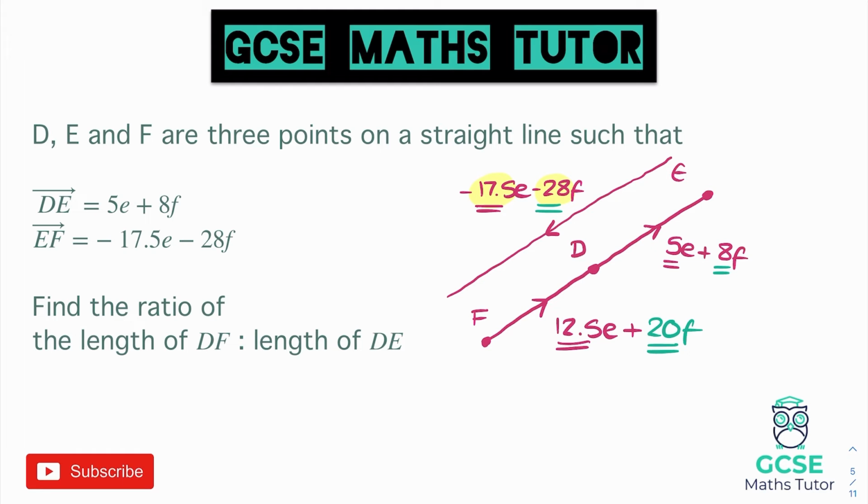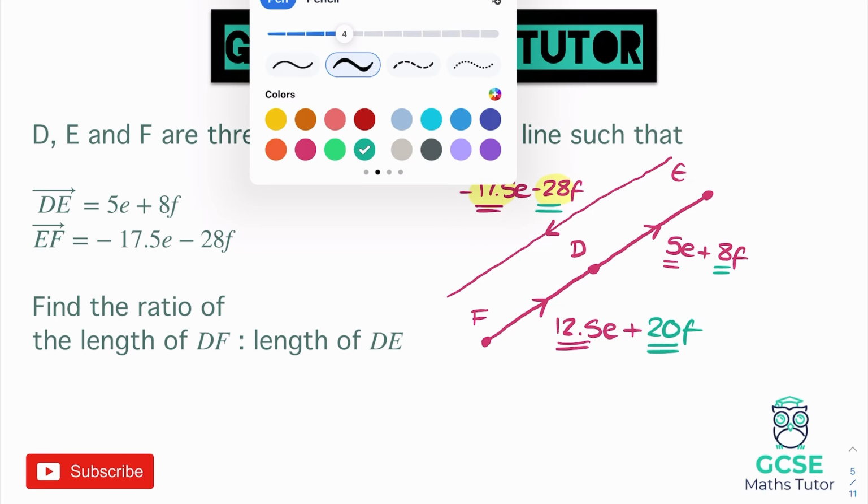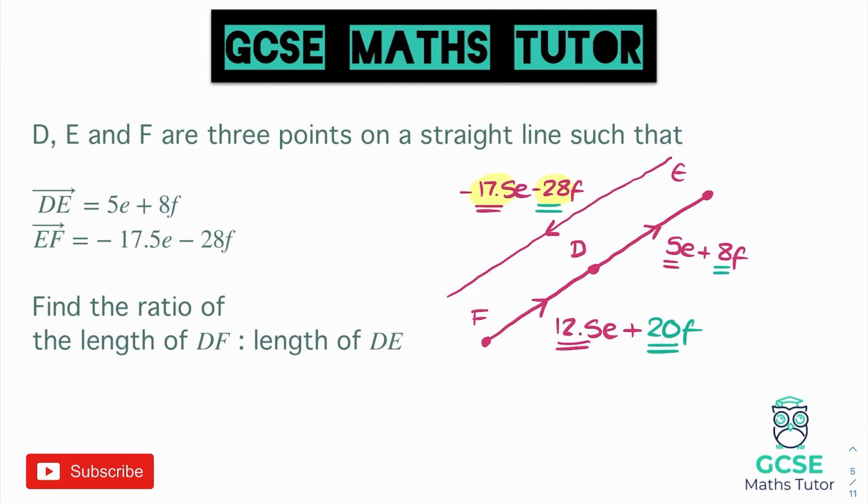So we want to write them in the same order really, so that we get a full example of the line, because if we were to add those together now that they're in the same direction, they do equal 17.5E plus 20F, and if we were to do that backwards, it would match our negative 17.5E minus 28F. There we go, make sure that's an 8, not a 0. So there we go, our line balances, we've got the right amount, now we just need to think about the